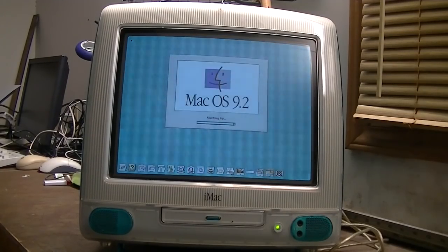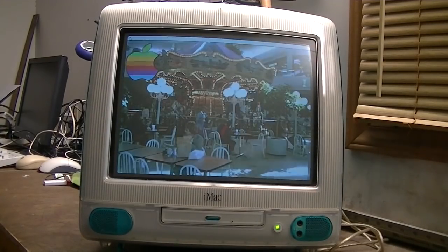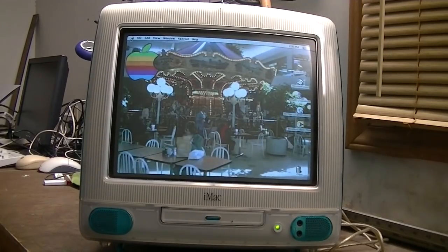Specs, I forget the CPU speed, but it's obviously a G3. It's got 128 megs of RAM, originally had 64, but I upgraded that. And it originally had a 6 gig Western Digital hard drive, but I upgraded it to a 15 gig drive. And, believe it or not,